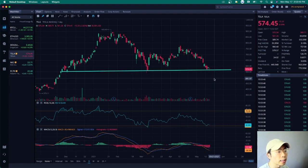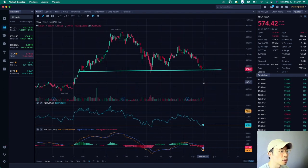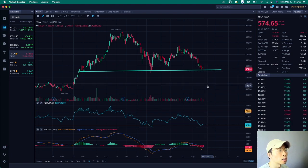But if we do break that, and things happen in the stock market, especially with respect to the news and how manipulative it is nowadays, the next level of resistance will be the $500 level, right? And if we break that again, the next level will go all the way down to this gap that needs to be filled at the 407 level, which to be honest with you, is pretty scary to me. But I think the likelihood of that happening, to go down more than 80% from all-time high,